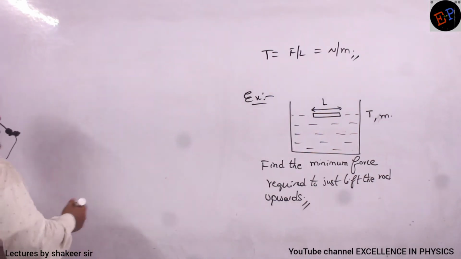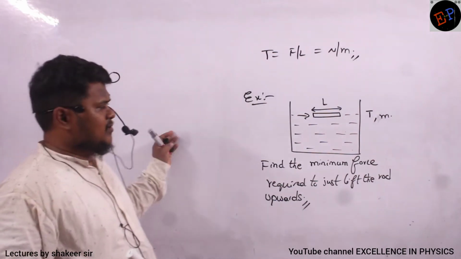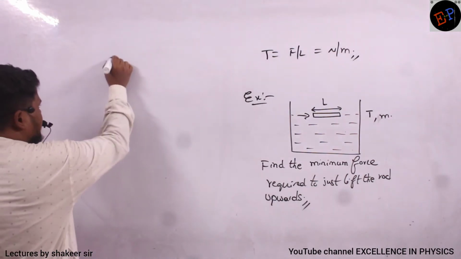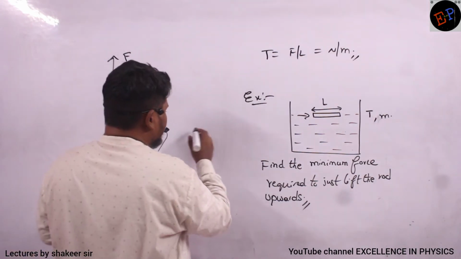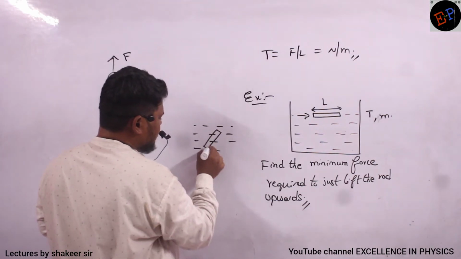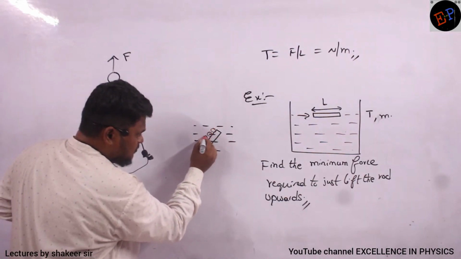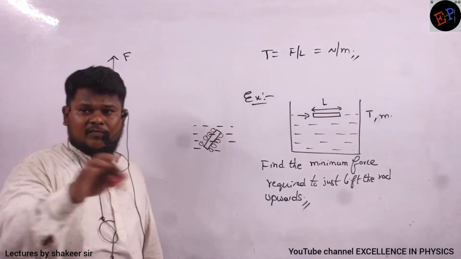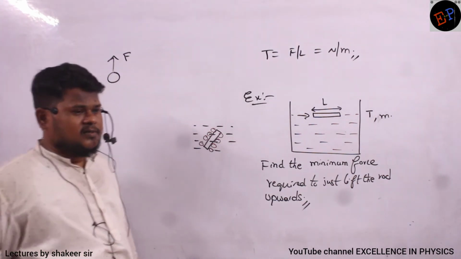See, if I look from this side, this rod appears like this. If I look from this side, the rod is a cylinder. It appears cylindrical in shape. So by applying some force, I want to lift this rod upwards. Immediately, if I try to lift the rod, for example, if this is the top surface of the liquid, the rod is present like this. So the rod will be attached to water molecules on both sides. The rod will have two surfaces. This side it is attached to water molecules, and on the other side also it is attached to water molecules.